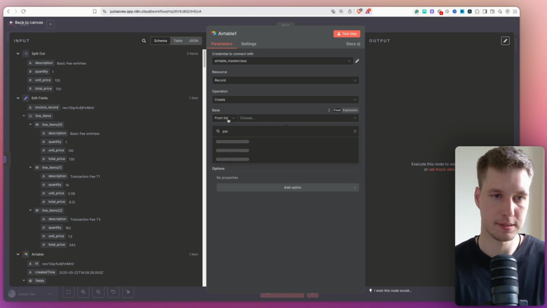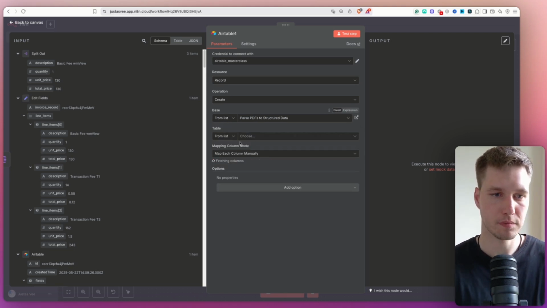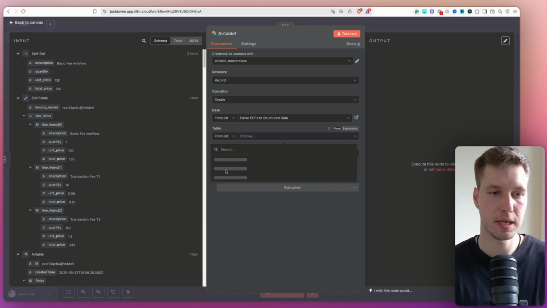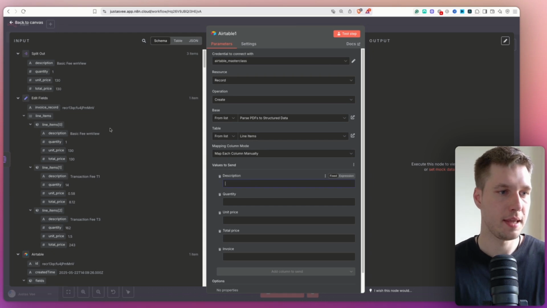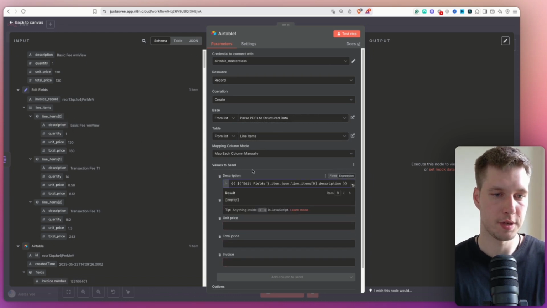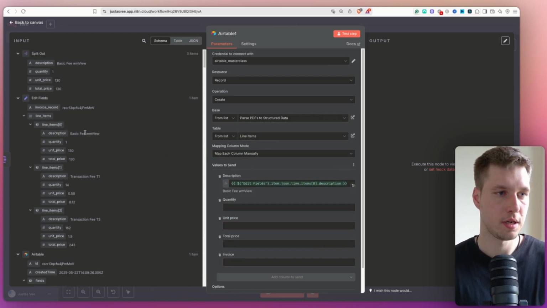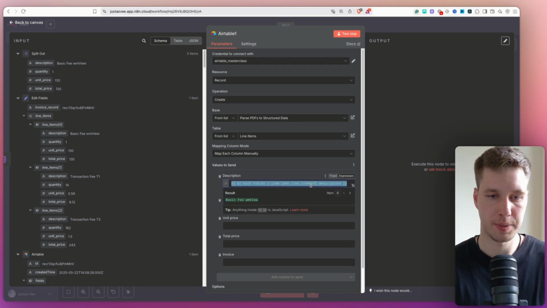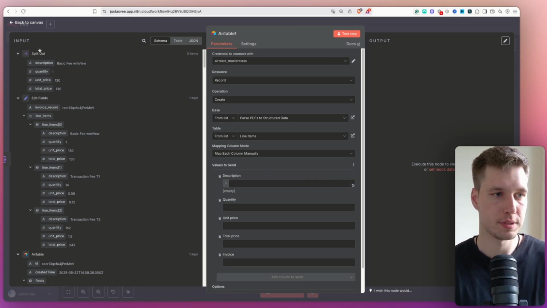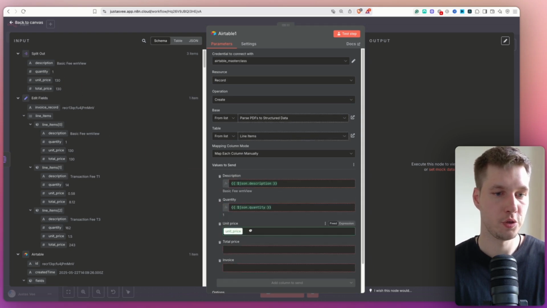So again, let's select our base. Let's select the line items table in this case. Sometimes it takes a while to load line items like so. And then for each, let's drag a description. Oh no, I picked the wrong node. You have to select that from the split out. So description, quantity, unit price,